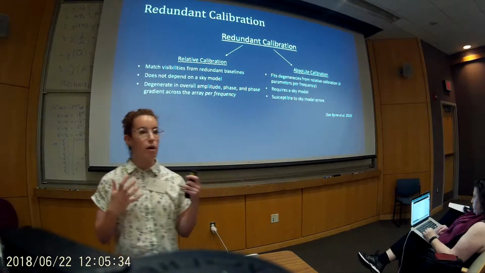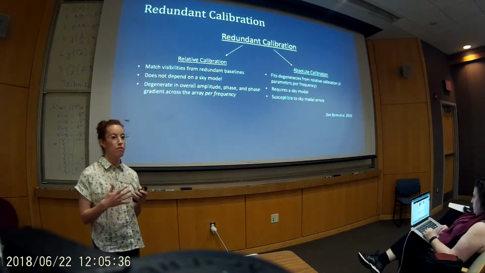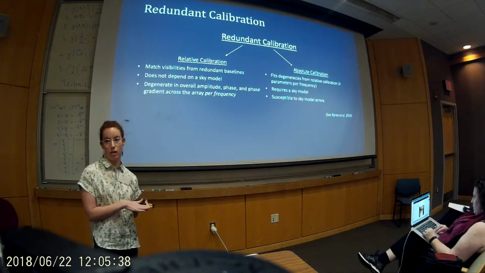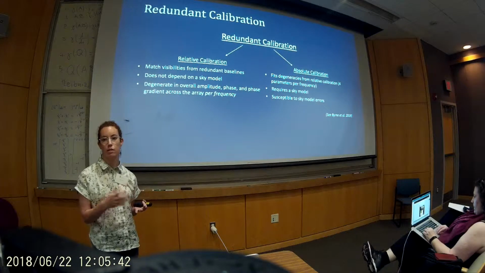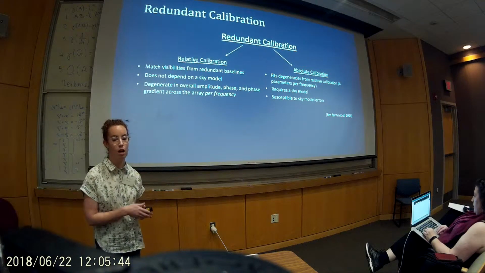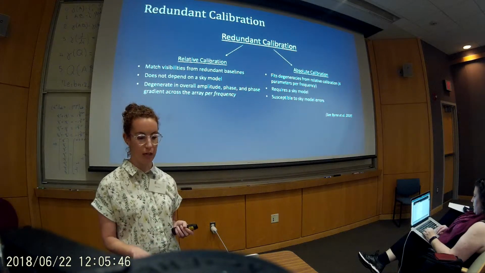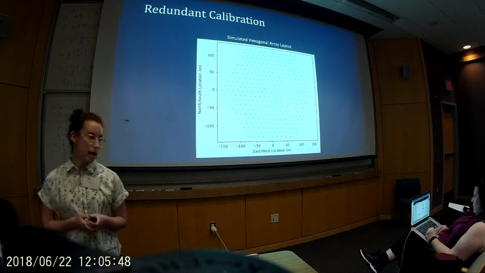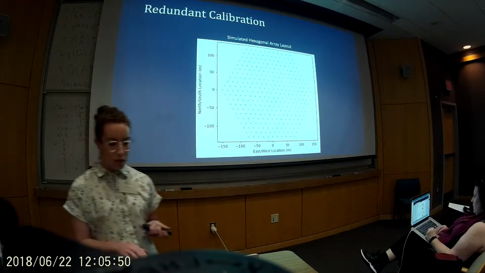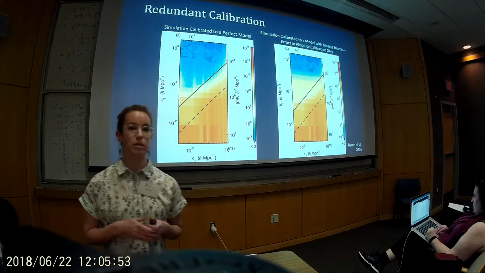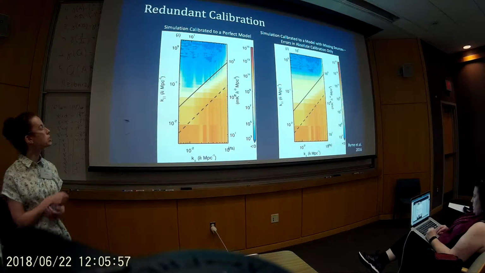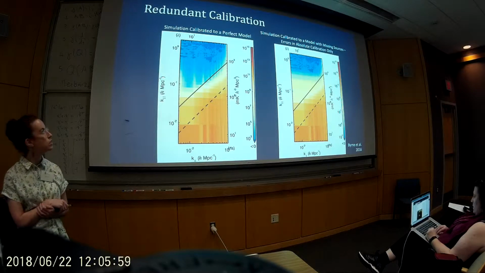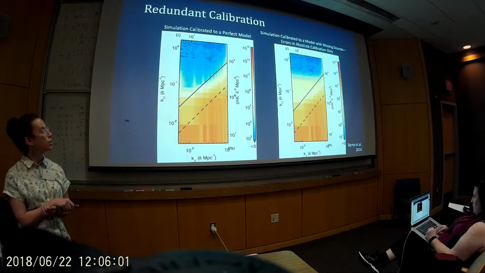This sort of begs the question: we have these really horrible sky model errors that appear in traditional sky-based calibration. What does it mean for redundant calibration? So we went ahead and simulated this with a nice redundant hexagonal array that looks like this, repeating the work in Byrne et al. 2016. We came up with these simulations where we have perfect calibration on the left, and calibration to an incomplete